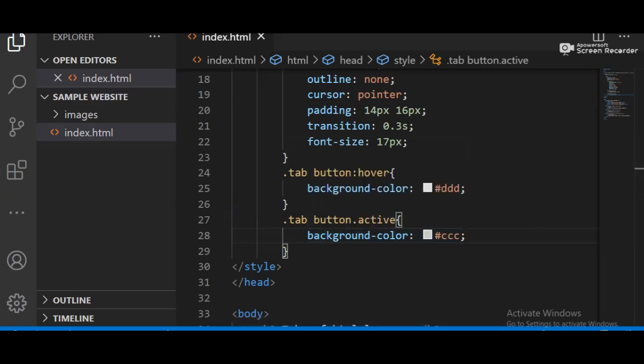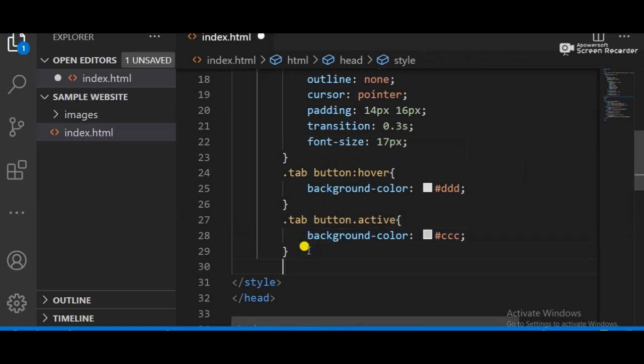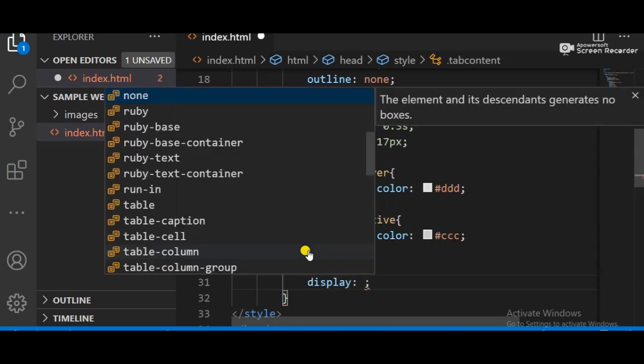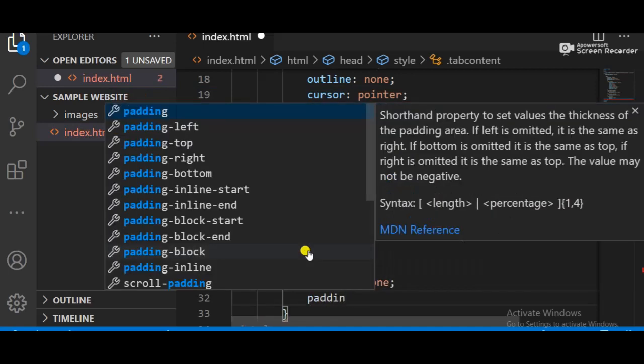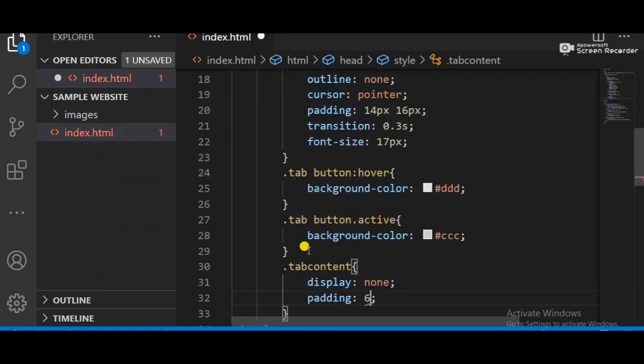And what should happen with the tab content? We just apply the tab content here, like that, tab content, and this tab content display none. And padding should be 6 pixels and 12 pixels.